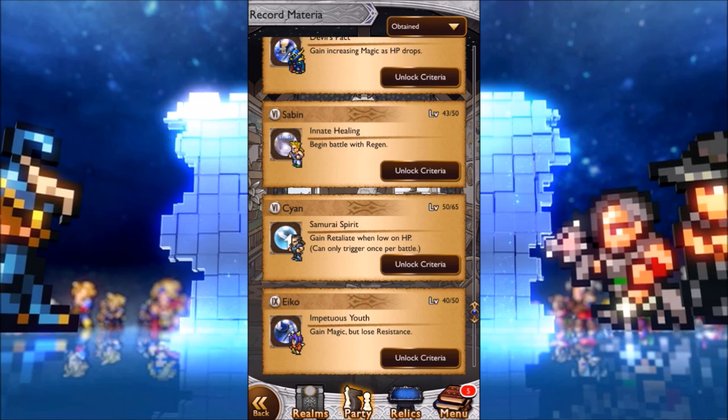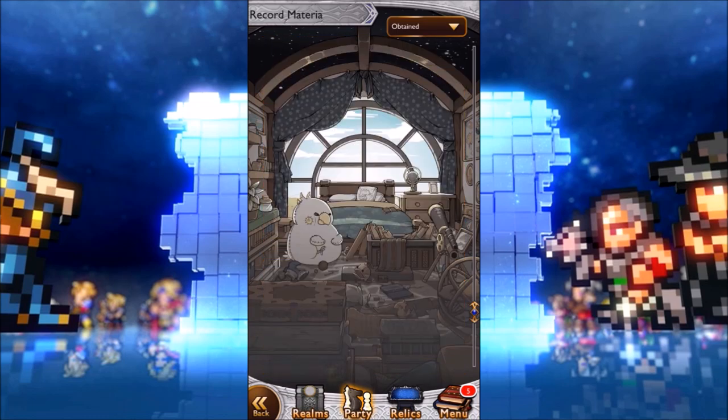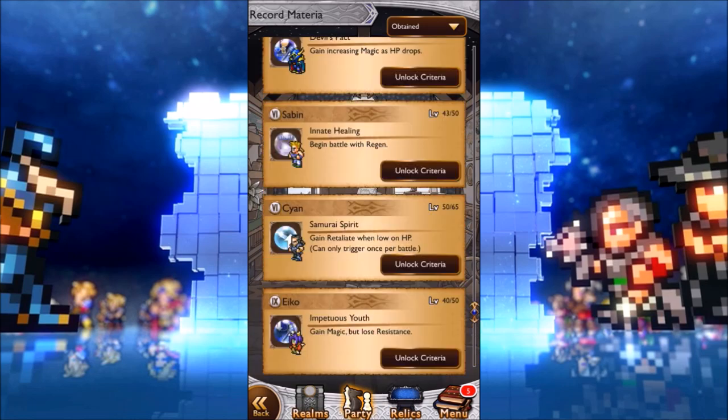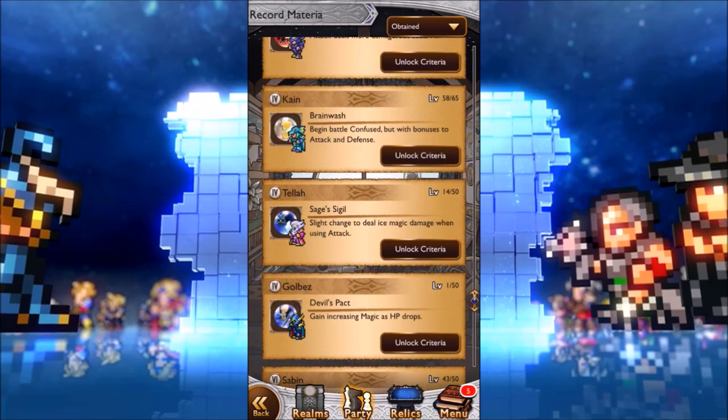Echo. Gain magic but lose resistance. Again, kind of like devotion. I kind of like using this because you're not losing out on defense. Balathir is the same. Snow, gain increasing defense as HP drops. As Snow, he is using a lot of defense. But yeah, again, one I wouldn't really want to mess around with, and again with Saz, with exactly the same as Garnet's. So the best ones, I would say,